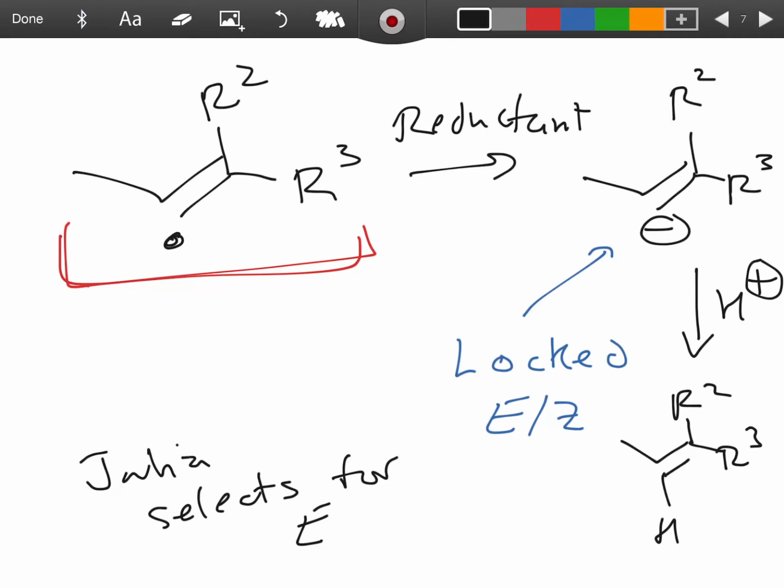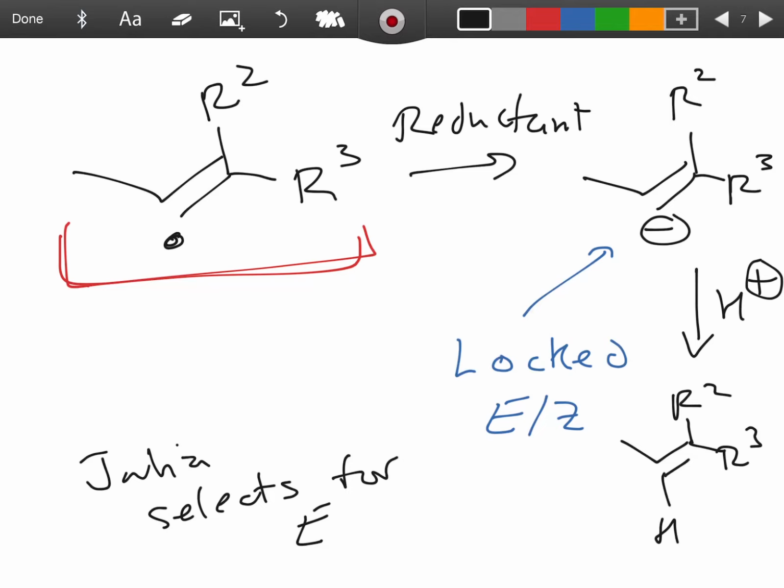But if you need an E double bond, a Julia olefination is a good way that can just give you a straightforward E double bond. These are pretty simple examples. We can use it in slightly more complicated structures. So here, they've deprotonated their sulfone. They have their organometallic that adds, and then they add acetic anhydride. So instead of an acid chloride here, they add the anhydride, and they get their sulfone and their acetate,